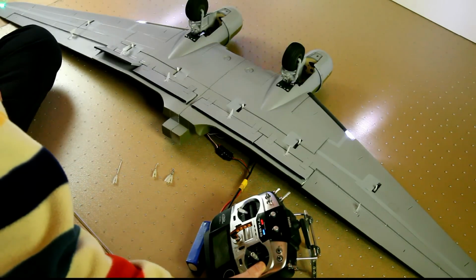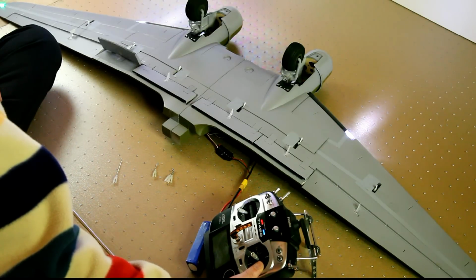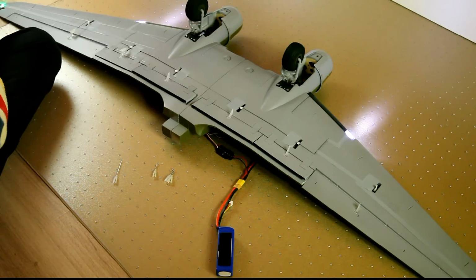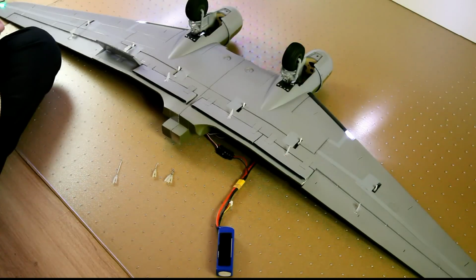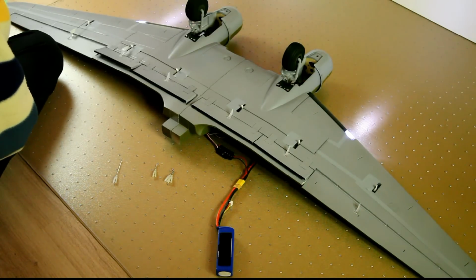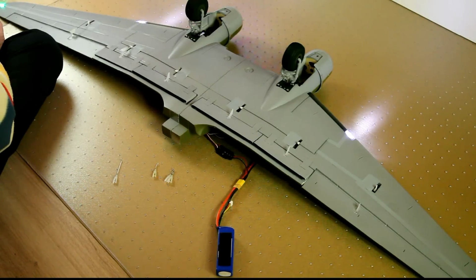Okay, I'll have to adjust the end point in my transmitter. As a matter of fact, let me try and do that right now. And that's channel 6, of course. Channel 6, channel 6, channel 6. There. Let's try 75. No, a little less. Okay, I'm now at 60